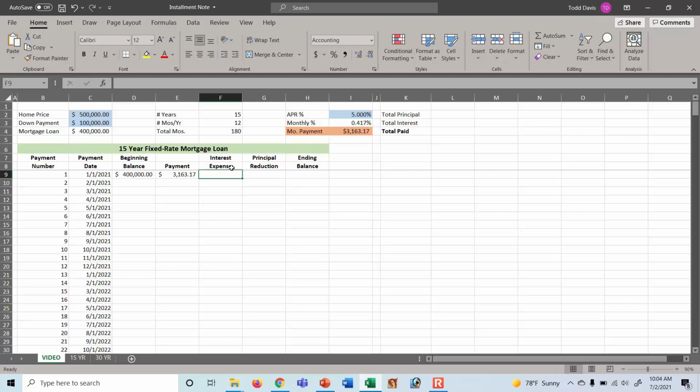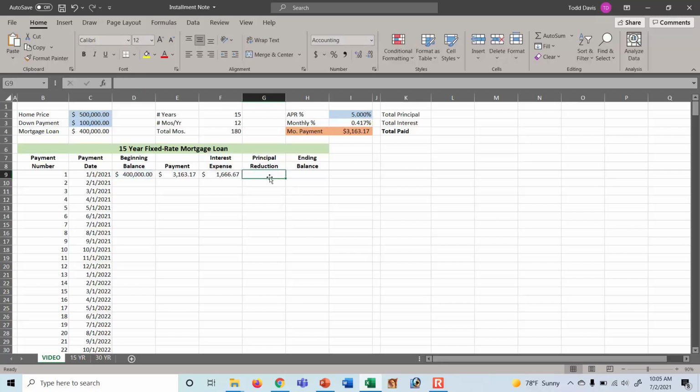For the interest expense in cell F9, we're going to put in the formula multiplying the beginning balance for this payment period times the monthly percentage rate as we determined in cell I3. Once again, hit the F4 key at the top of your keyboard, indicating that the cell will be an absolute reference and will not change.